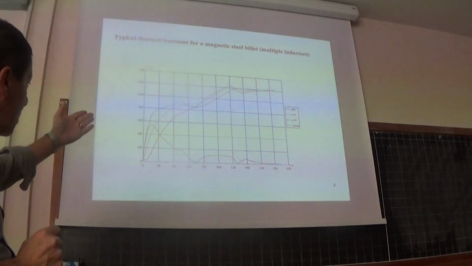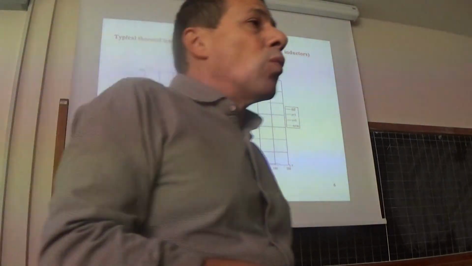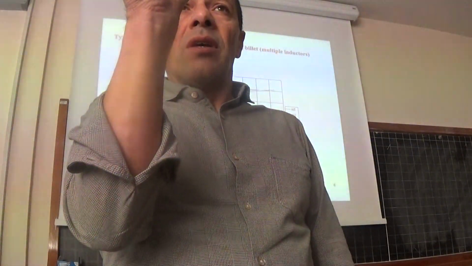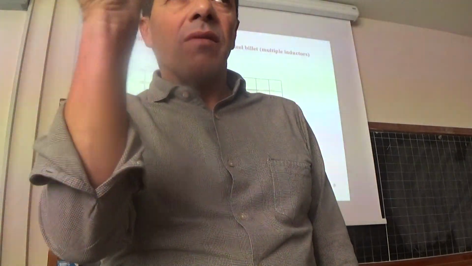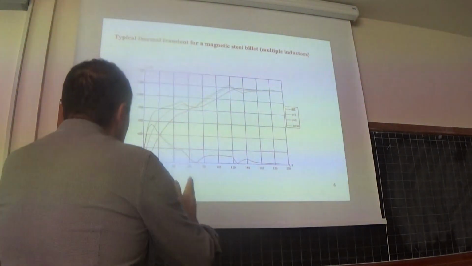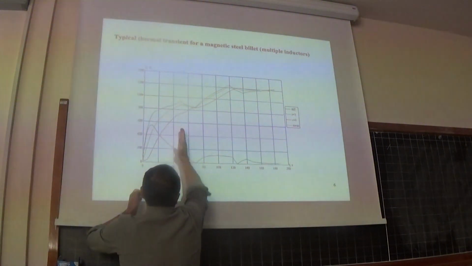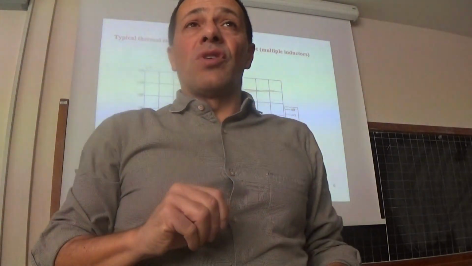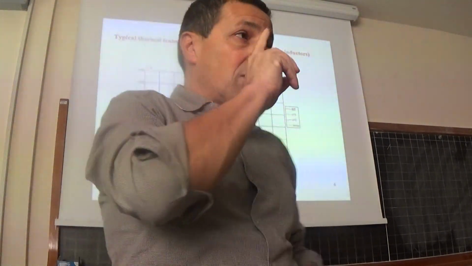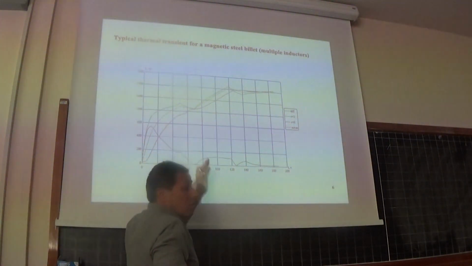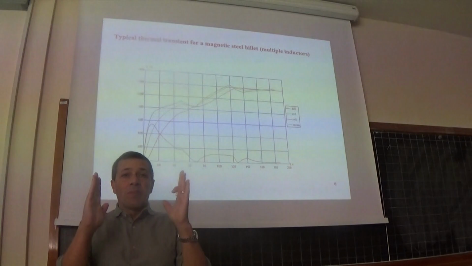For example, in this case, we use the first inductor for bringing the material to overcome the Curie transition. So, the first inductor is related to all the material below Curie temperature. Then we have a phase of equalization, so it means that